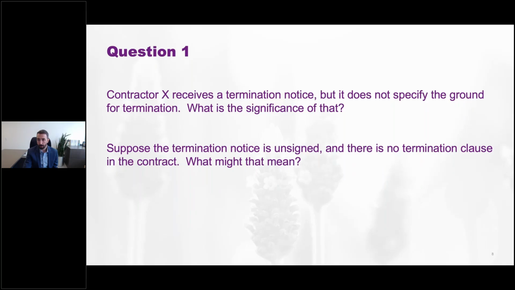looking at this, I think some of these answers are really spot on, right? Requesting cause can make sense, right? If you request the cause, you could be sort of inviting the government to elaborate on its position a little bit more. But then again, it could always do that. So I think there's a judgment call. It depends a lot on your relationship with your customer about what you want to say when you get back to them. Is it we understand this is a termination for convenience? Is it we're not sure and we need your guidance? It fits somewhere along those lines. So with that, I think we can go to the next slide.